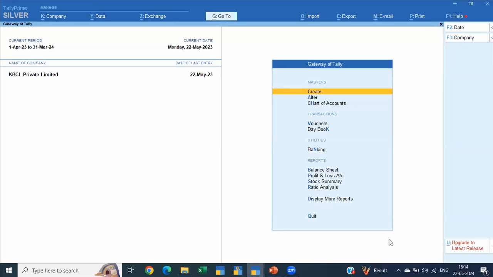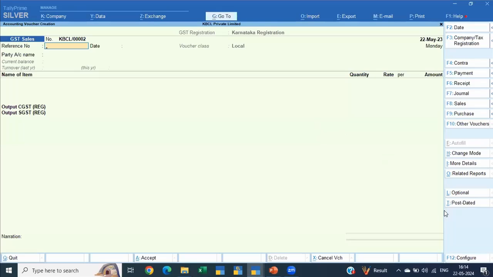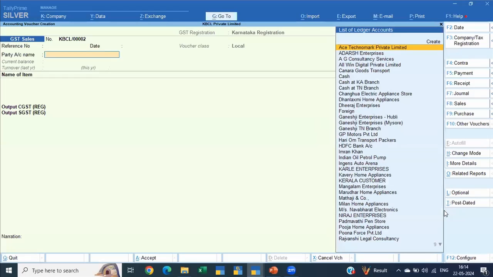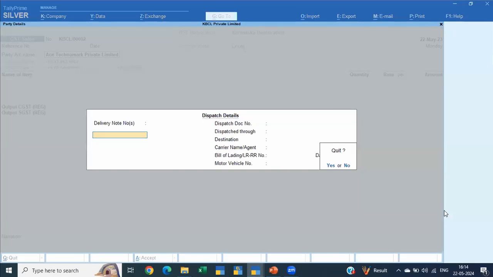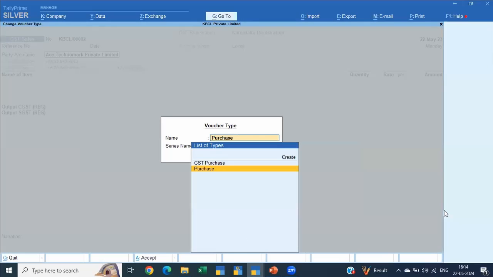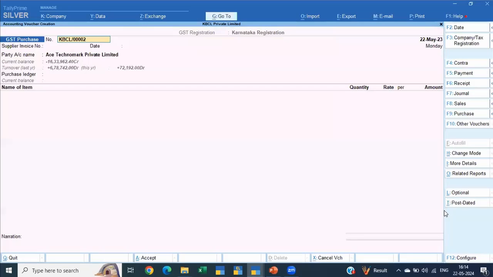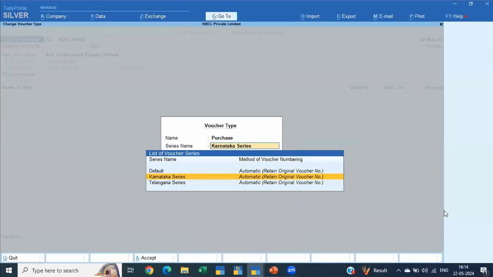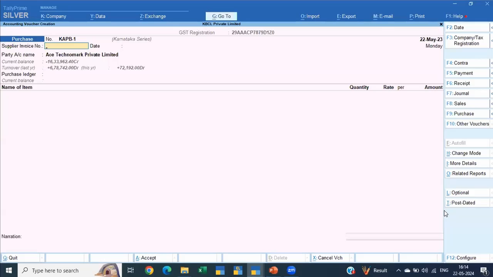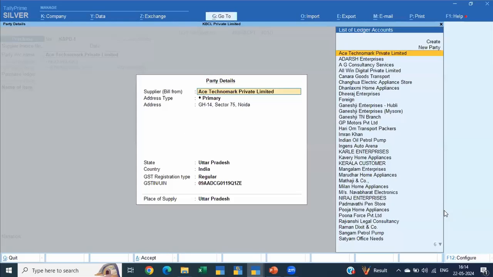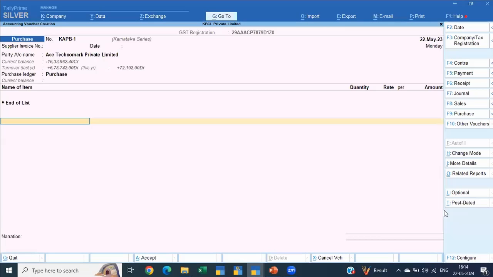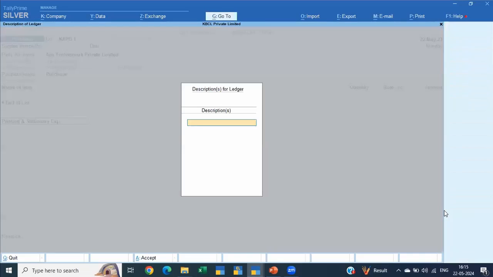Yeah, so where we specify it in the voucher itself, that place you can do. But having said that, if you're availing and not availing GST, I would suggest you do it separately. However, you can do it. Let me just go to a first voucher type. Since it's in accounting, I'm not changing the mode and all.